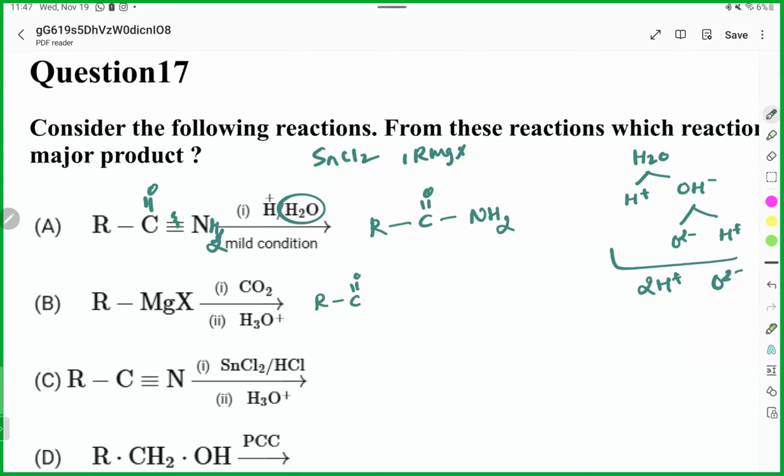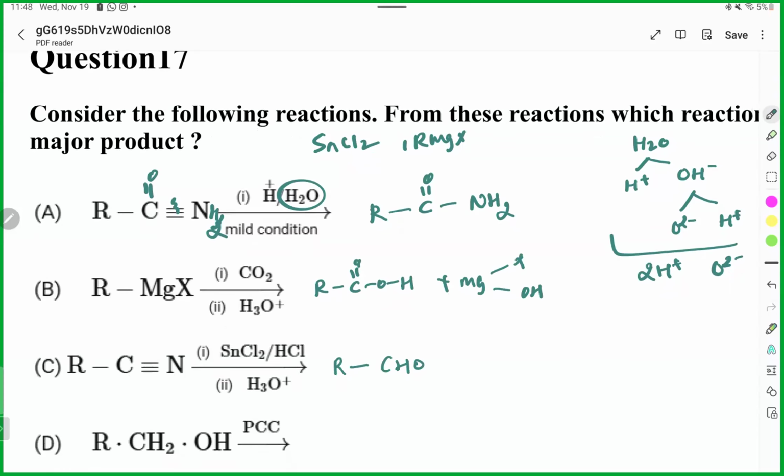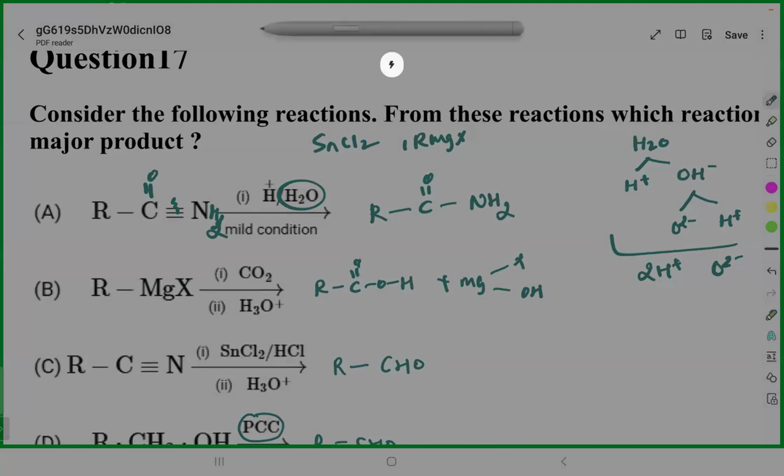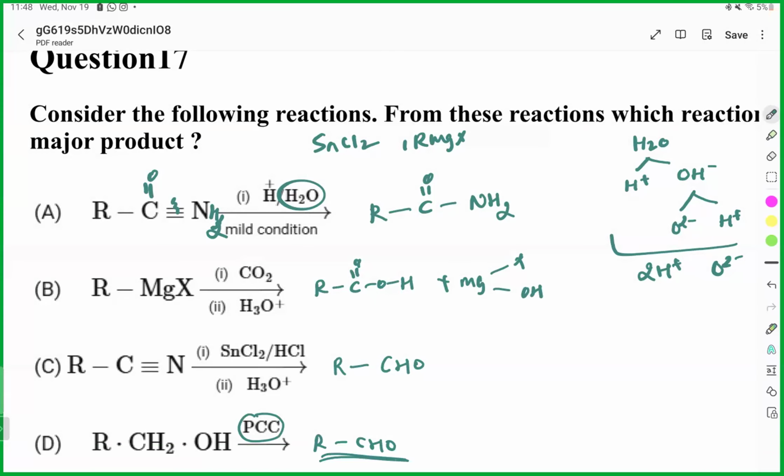R will attack on C=O, and then H will be added in the last reaction. And MgX and OH, right? Yes, sir. Chinmay, third reaction. Aldehyde, Stephen's reaction. Samarth, B. Sir, aldehyde we get again, PCC. Aldehyde because mild oxidizing agent. If you have strong oxidizing agent, then carboxylic acid. Yes. Okay. So now you are seeing you will get this kind of question, but there are